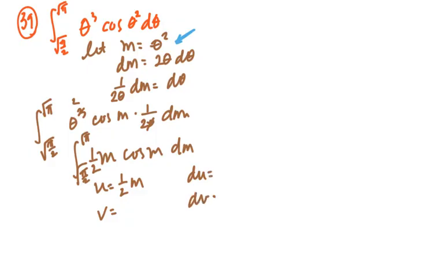And dv is going to be cosine of m dm. Are you getting the hang of where those go? Because that should be getting a little easier. The derivative of 1/2 m is 1/2 dm. And the integration of cosine of m is sine of m. So then we're going to say